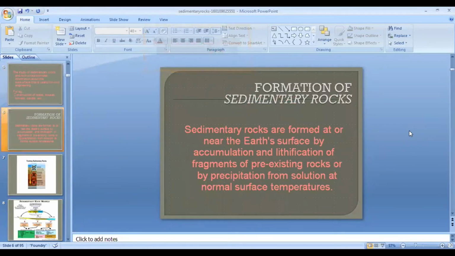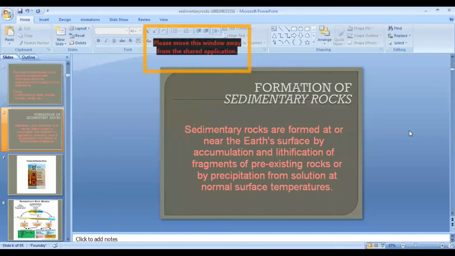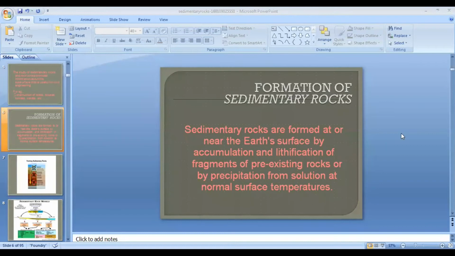So most of the sedimentary rocks you see are formed at the earth's surface, and they are accumulated and lithified fragments of pre-existing rocks. The formation of sedimentary rocks, as you know, is from broken down pieces of already existing rocks, which include the igneous, metamorphic, or already existing sedimentary rocks. So normally these rocks, in terms of temperature,